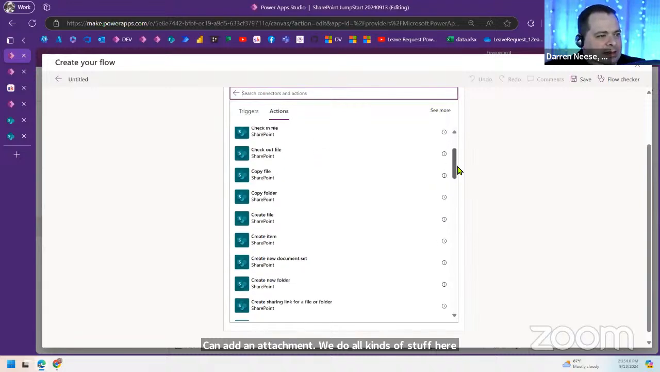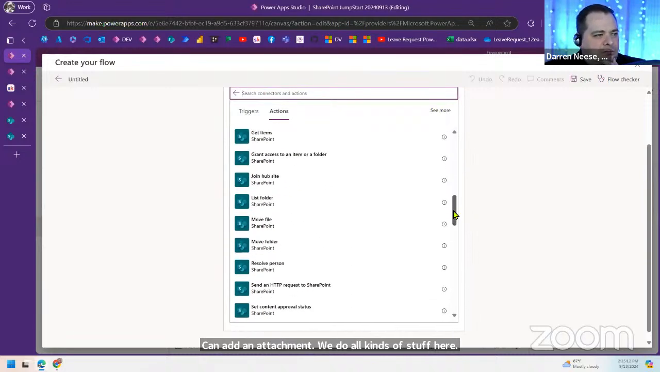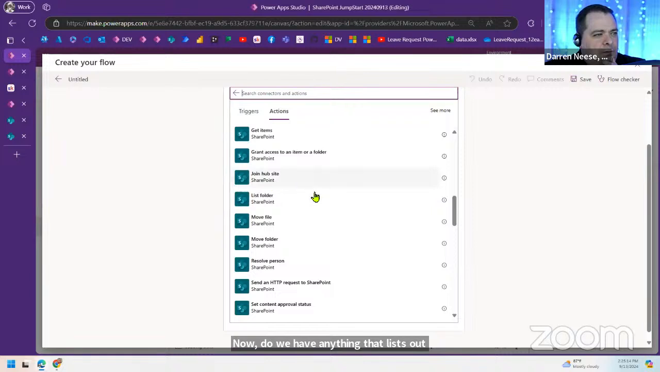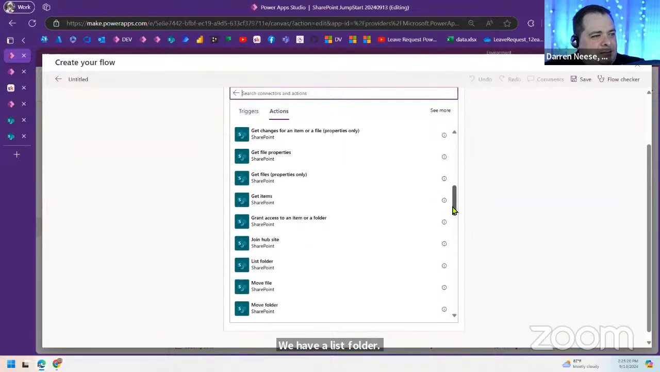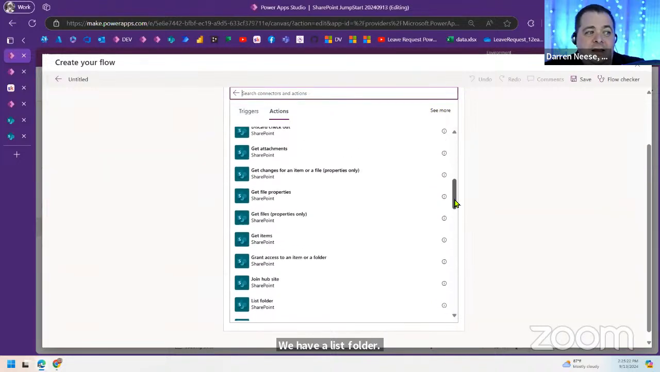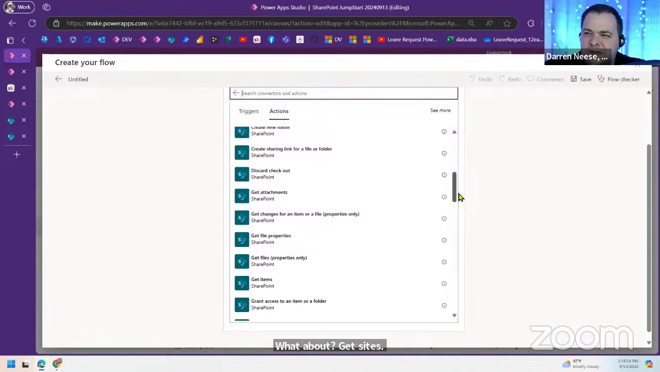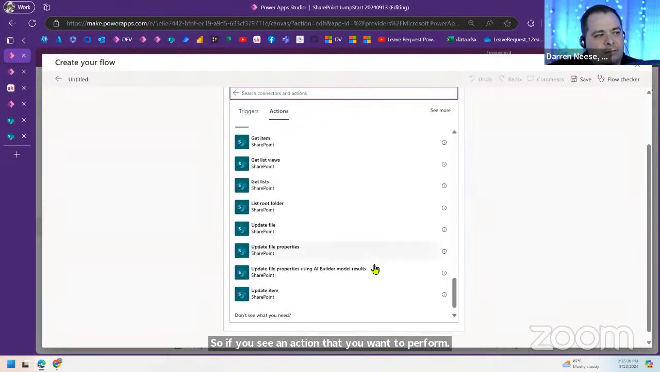Now, do we have anything that lists out? We have a list folder. What about get sites? I don't see that either. So if you see an action that you want to perform with SharePoint and you don't see it here, may